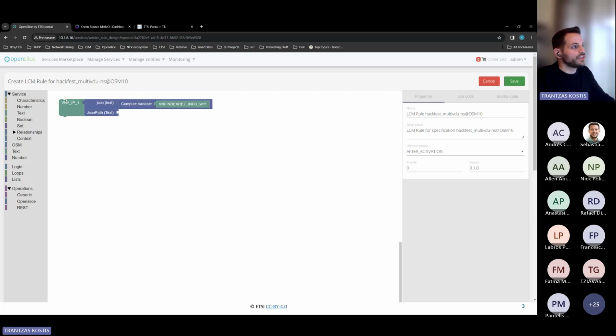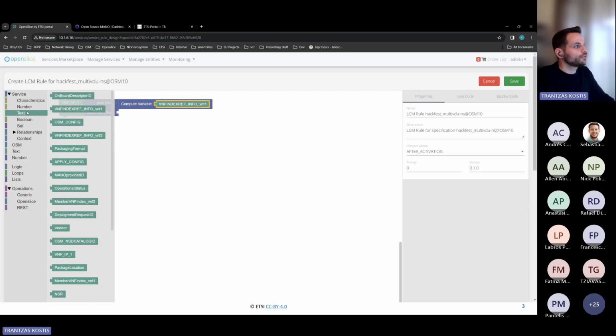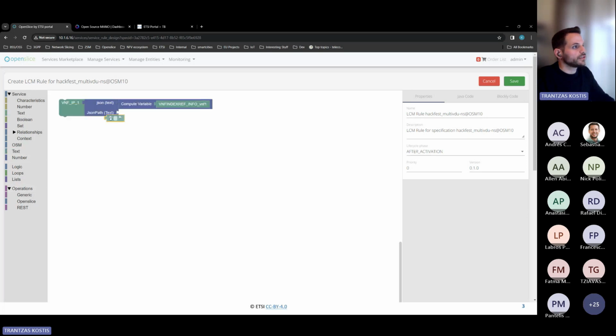So I would say that in VNF IP1, I would like to have a specific value from this VNFR, which is available after activation. And now we would like to define at which point of the JSON this value will be found. So we expect that the service designer would expect that this VNFR will have, at the first level of the JSON provided, this property. So the VNFR has IP address as a high-level property, and this is what we would like to see at